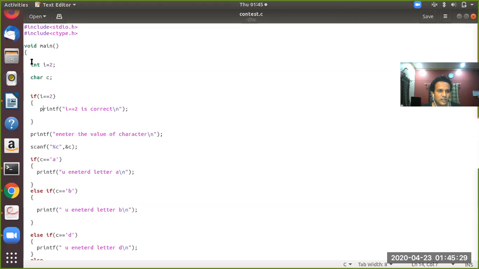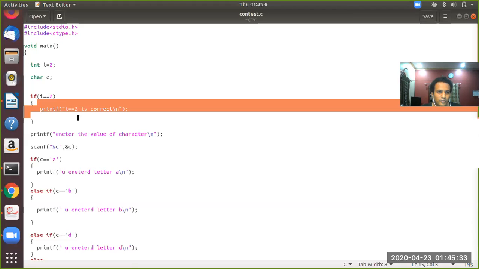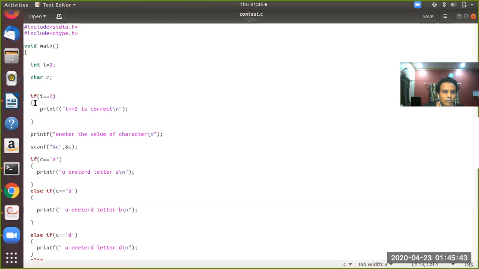That means execution which was here now enters this block. I'm calling this a block because this printf statement is enclosed within a set of flower brackets. So whatever lines you write within flower brackets is one block.